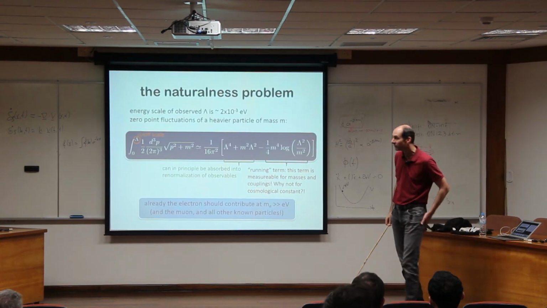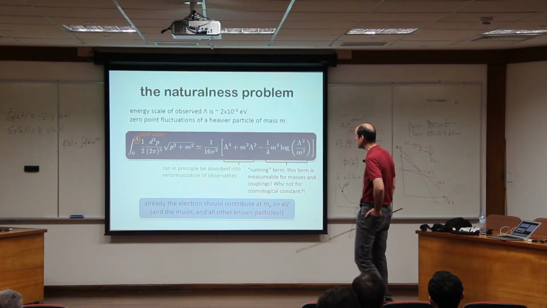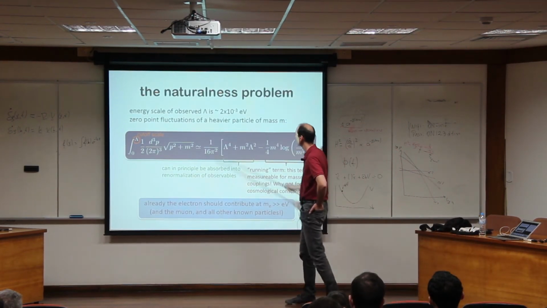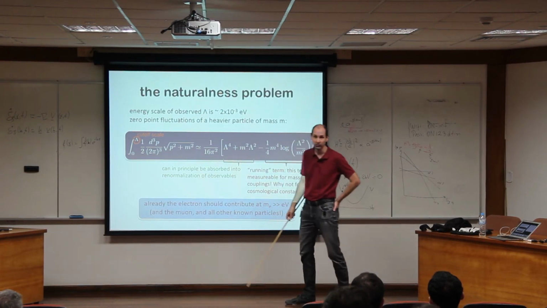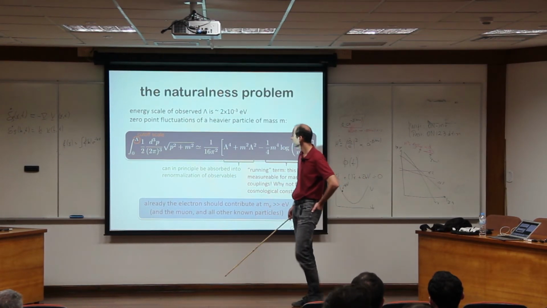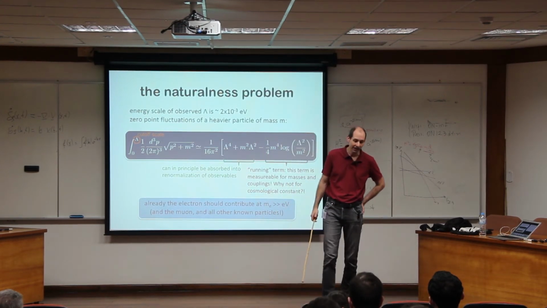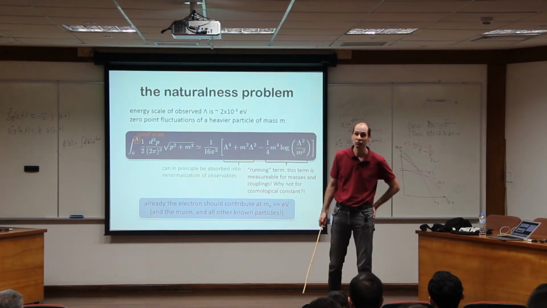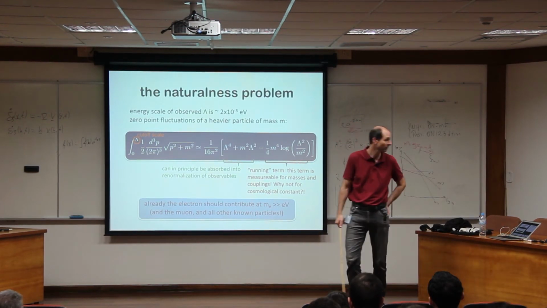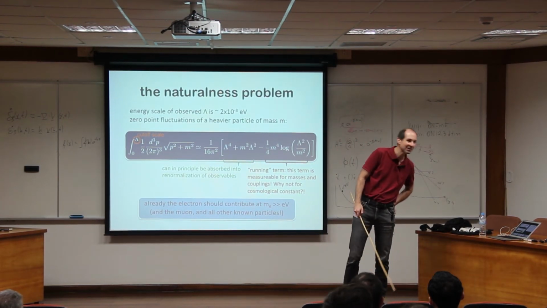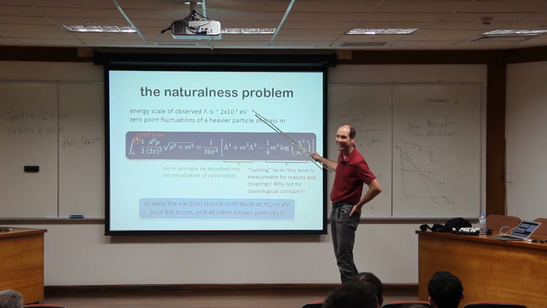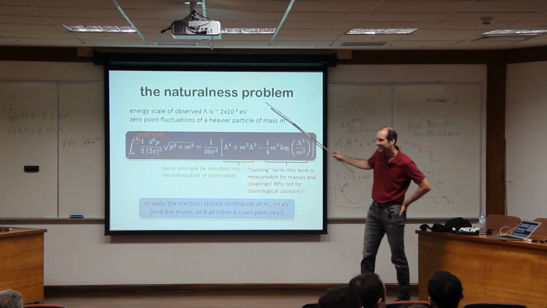But the main problem is really the observed amount of cosmological constant. Because the cosmological constant that we introduced by hand looks exactly like a vacuum energy that you get from virtual particles. Okay, I have to see when I have to stop. You just stop me, please, and I will. Okay. So